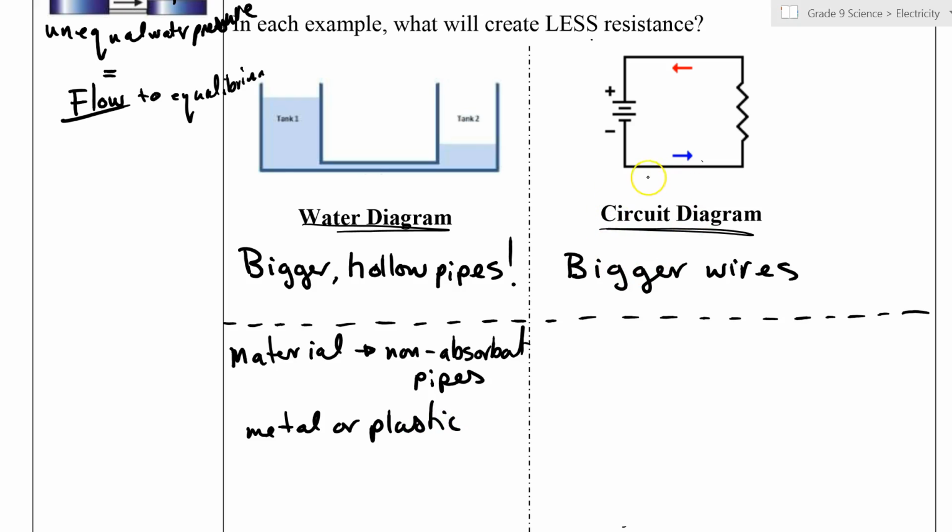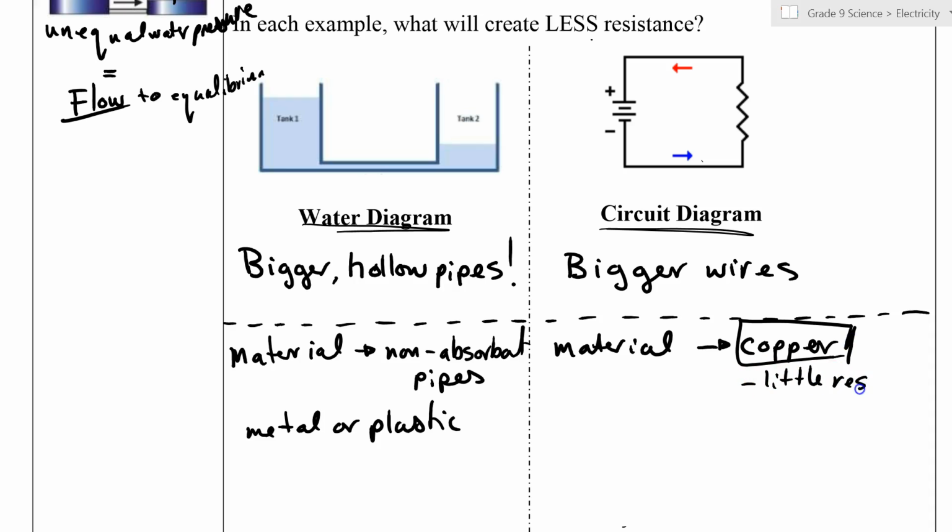In the circuit diagram, what's going to create less resistance is also material. But we need to have conductive material. There's no such thing as plastic wires. So copper. Copper has very little resistance. Sometimes it's in our best interest to have a little bit of resistance, like for tungsten. Tungsten has very high resistance, but you need that in the